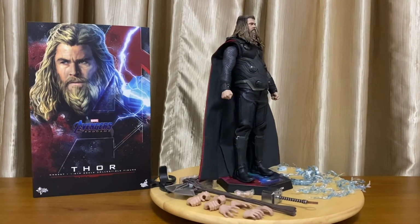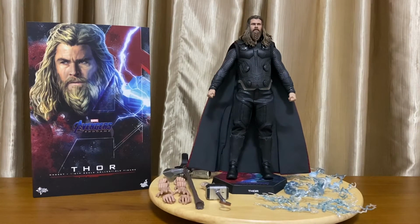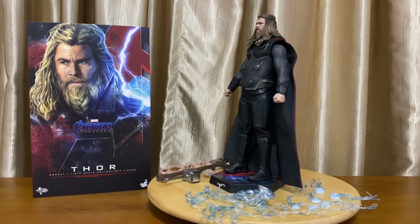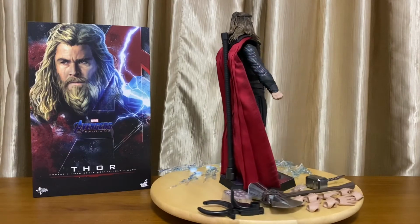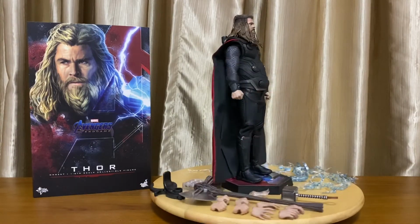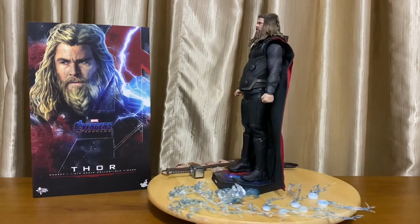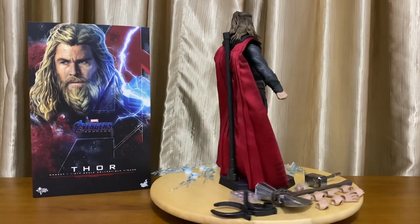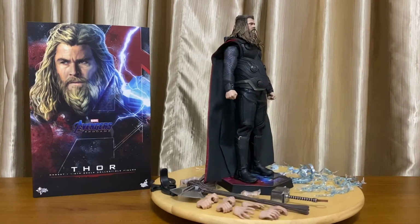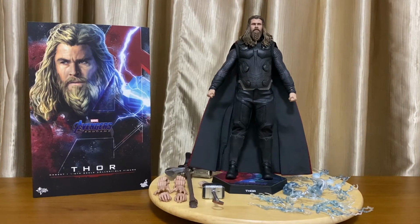So usually by then the interest, the hype will be gone, and you'll see many pieces of these Hot Toys on the secondary market going for pre-order PO price or even lesser than that. So I think this is happening right now. I think it's more for Singapore. Internationally, I'm not sure how the pricing is like. So for Singapore, it's very obvious. When the pricing is down, everybody's trying to get rid and sell off their figures, so you can see that